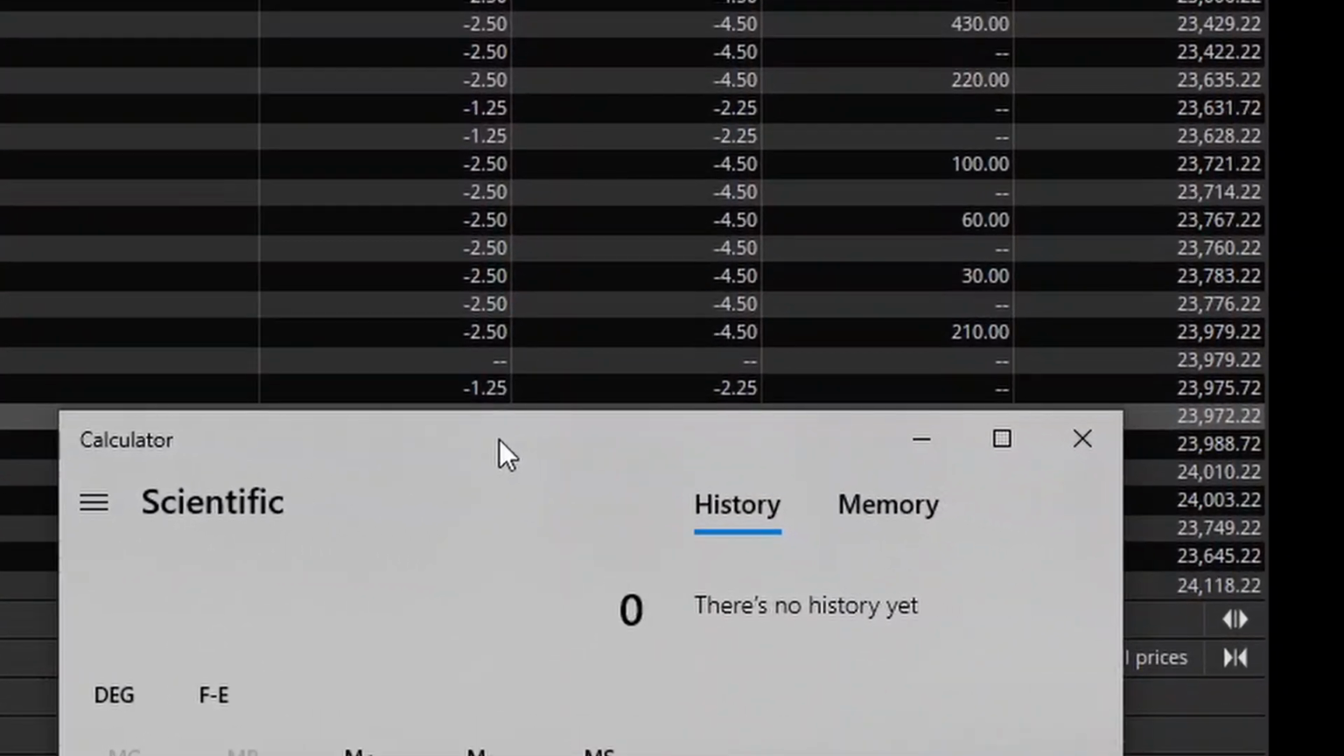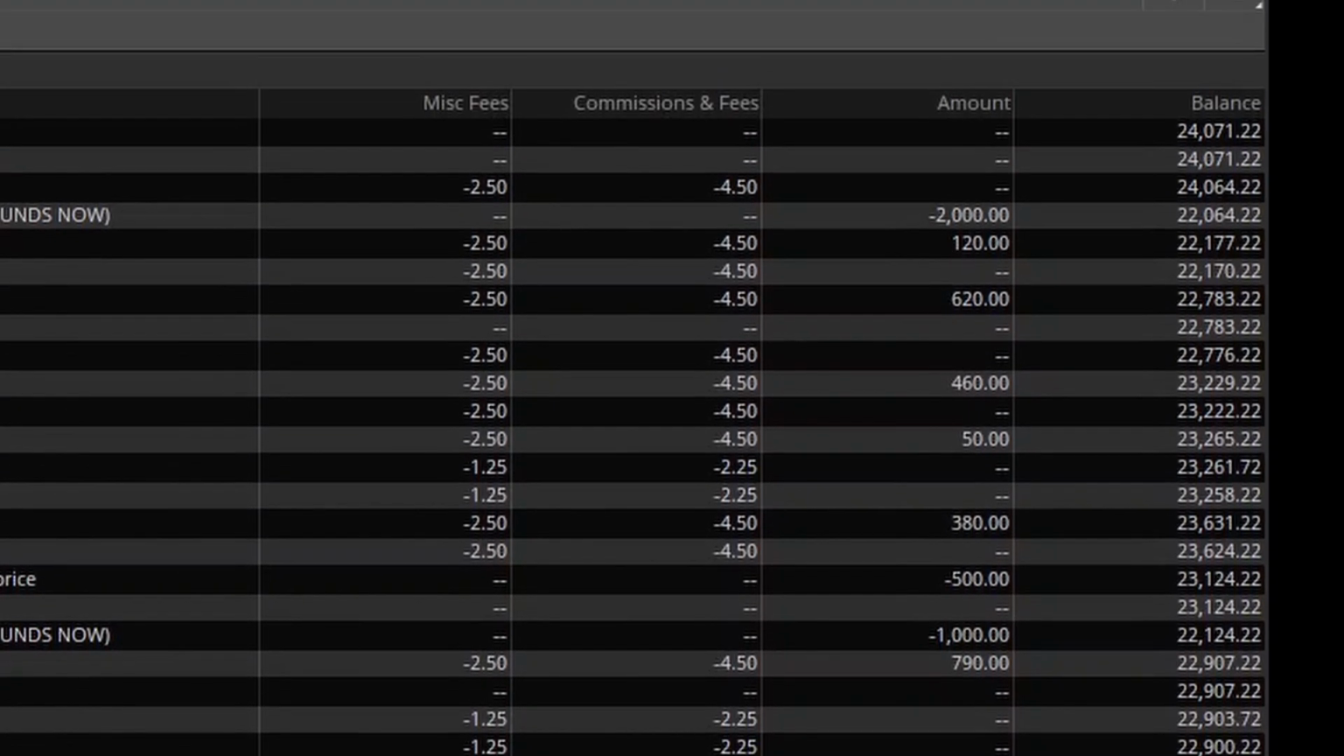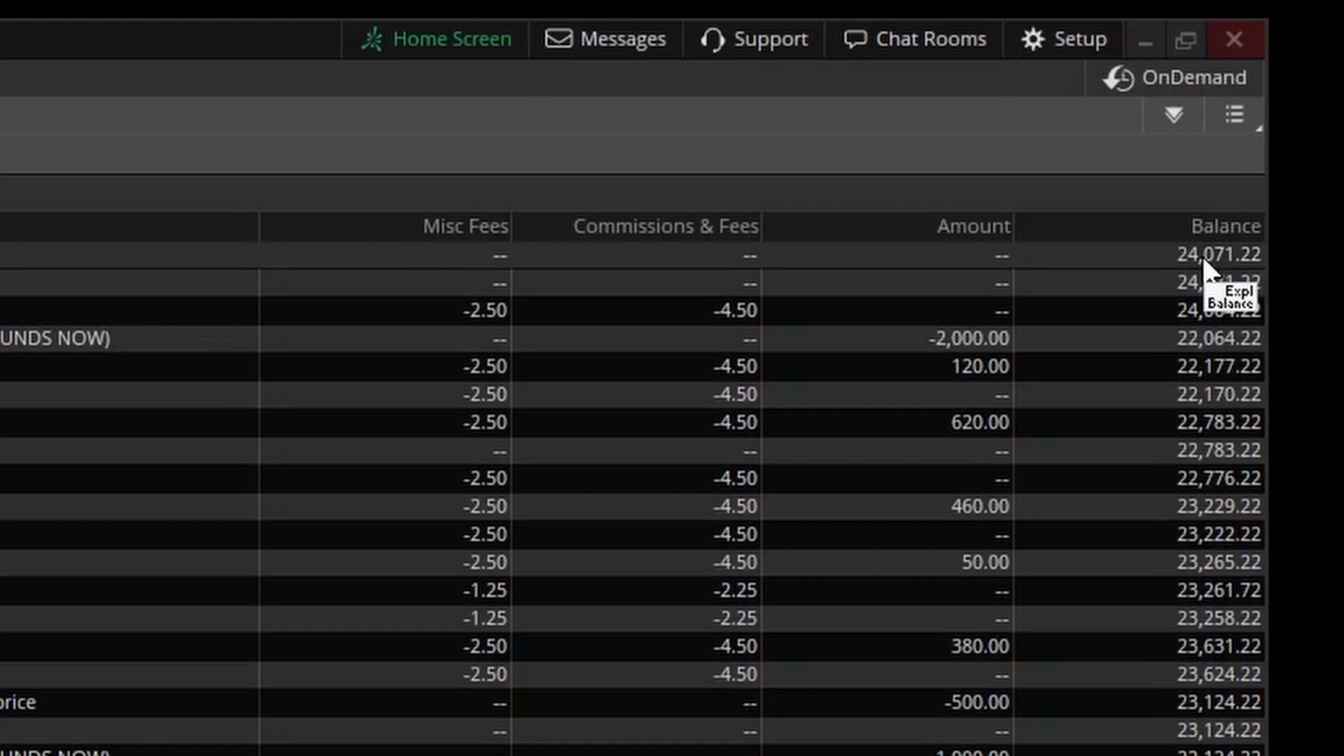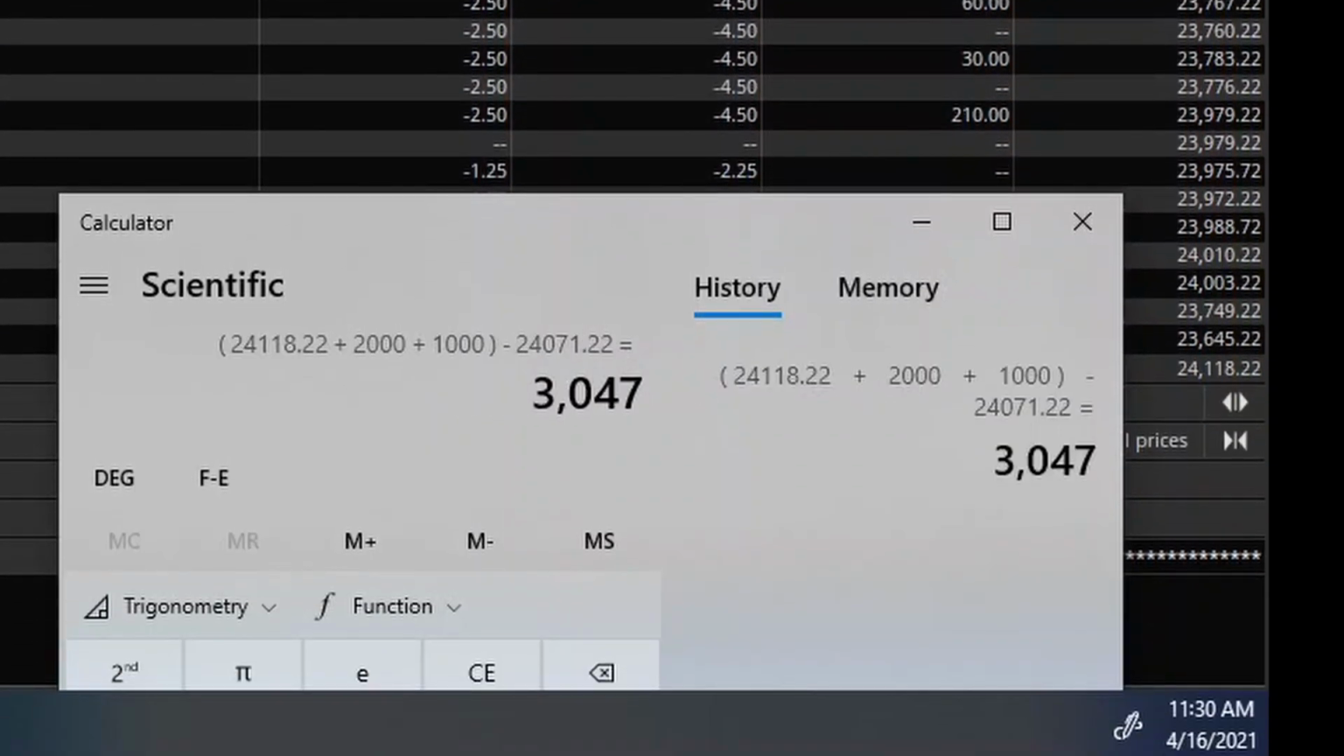So we ended the week at $24,118.22. But we did withdraw $2,000 on Monday, so we're going to add that back. And we withdrew another $1,000 on Wednesday, so we'll add that back as well. And our starting cash is $24,071.22. And that gave us a total for the week of $3,000.47. And something I always like to do, just to put it in relative terms, I divide this by 40